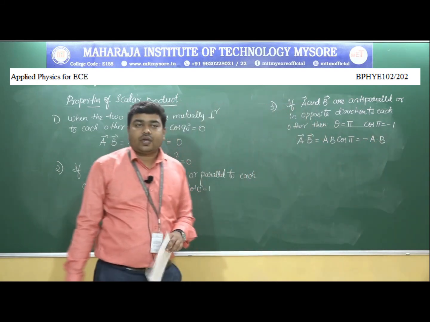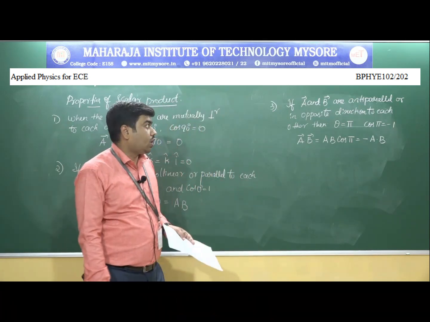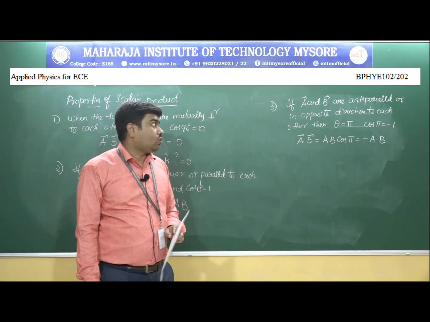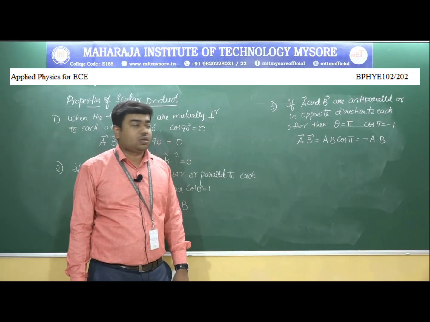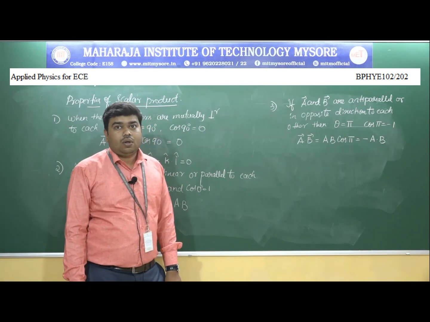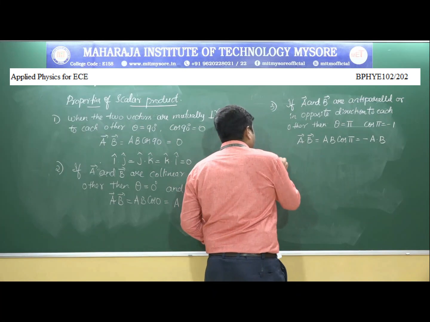So, if you consider the two vectors are anti-parallel to each other, they are there in opposite direction, then angle between them becomes equal to pi and cos pi is minus 1. So, we can write vector A dot vector B is equal to AB cos pi, that is equal to minus of A dot B. And the fourth property is,